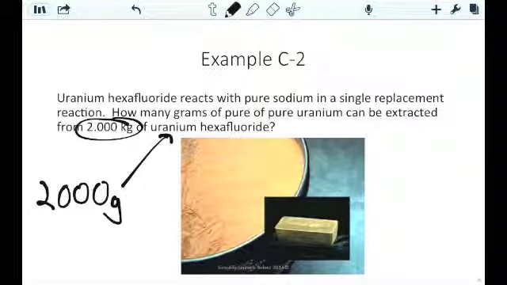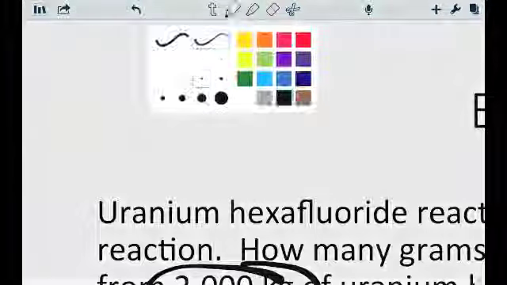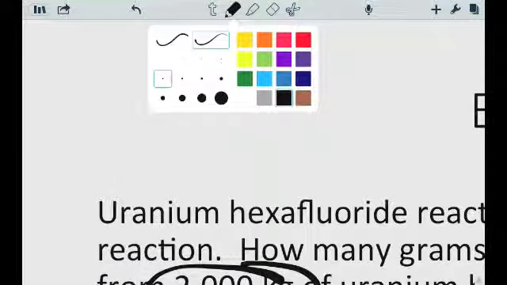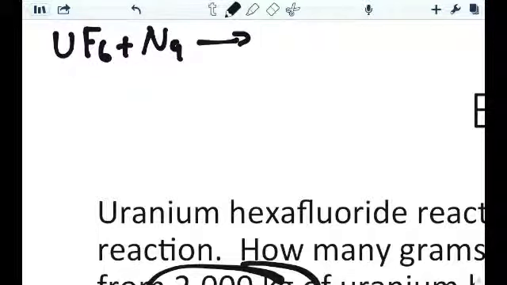So we would have that. Okay. And when we're looking at this, if we have 2,000 grams, we're going to convert into how many grams of pure uranium. So when we're doing this, we need a nice balanced chemical equation. So it's uranium hexafluoride, so it's uranium, and then hexa is going to mean 6, so 6 fluorines, plus it's reacting with pure sodium to produce